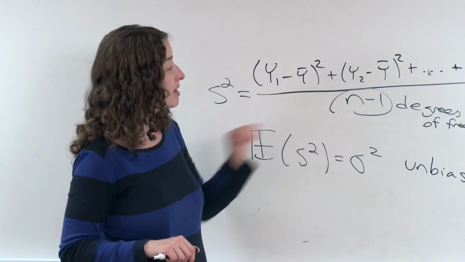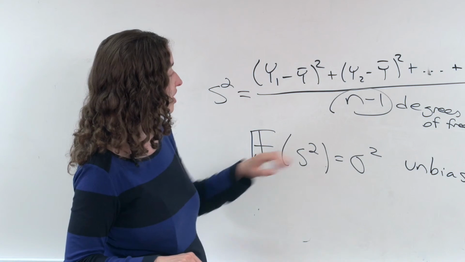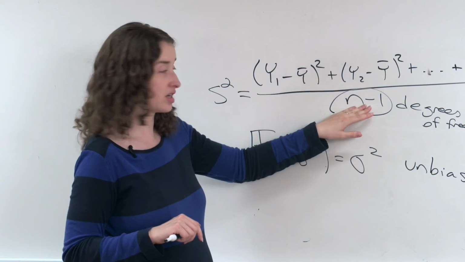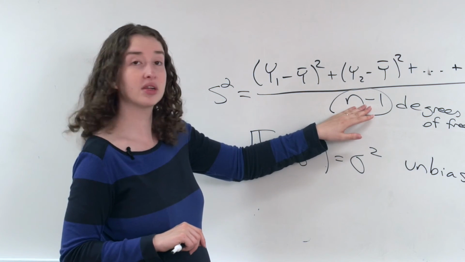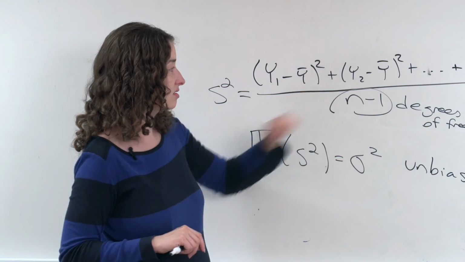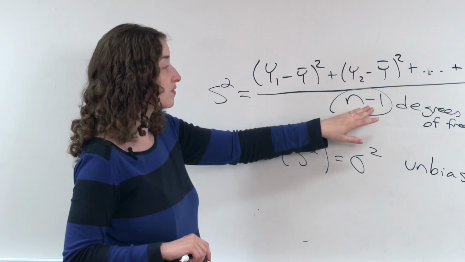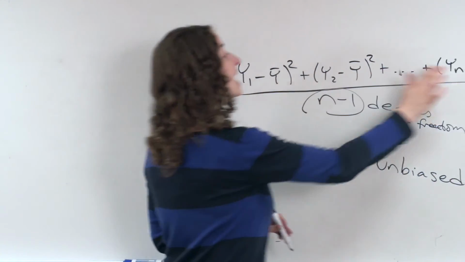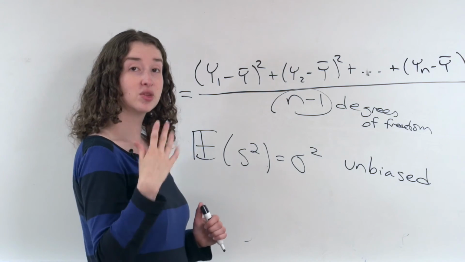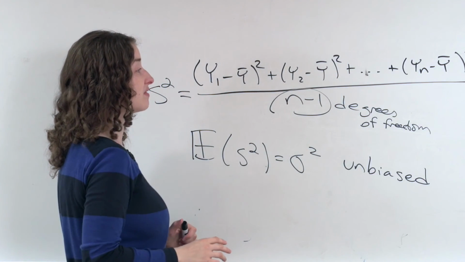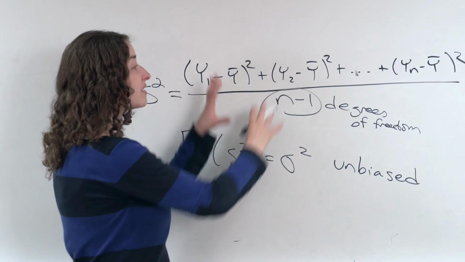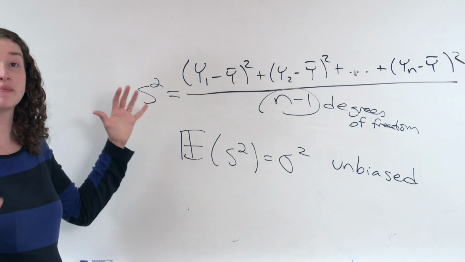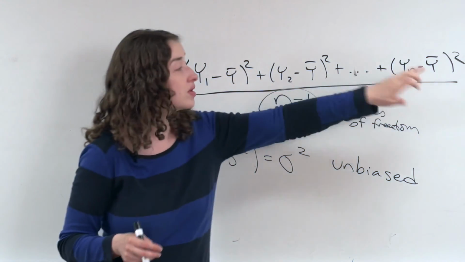So what's happening with this n-1 here? Well, we're taking this numerator and we're dividing by a smaller number than we would otherwise, a smaller number than we would had we not subtracted 1. If my sample size is 100, here I'm going to divide by 99. What does that do to this entire quantity? Well, when you divide by something smaller, the overall number is a little bit bigger. In other words, because we have to estimate the mean, because we're estimating the thing that the points are deviating from, we're inflating this entire estimate of the uncertainty just a little bit to reflect the fact that we have more uncertainty than we would if we knew what the points were deviating